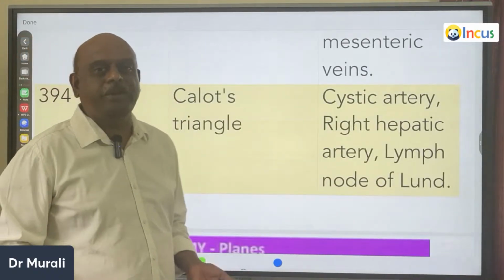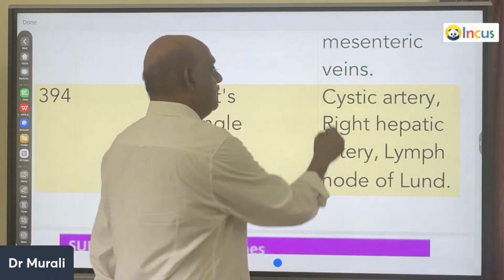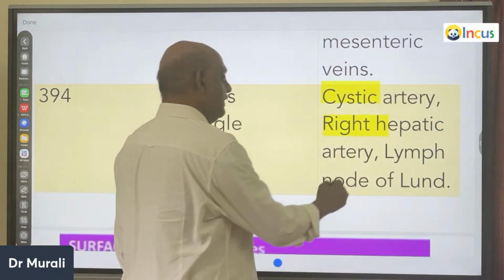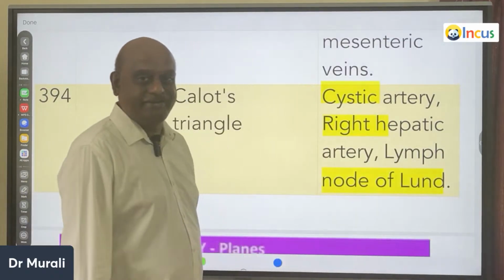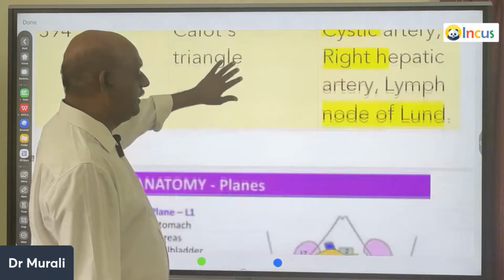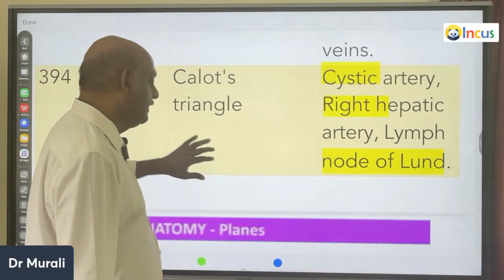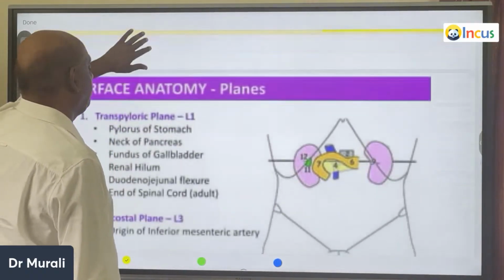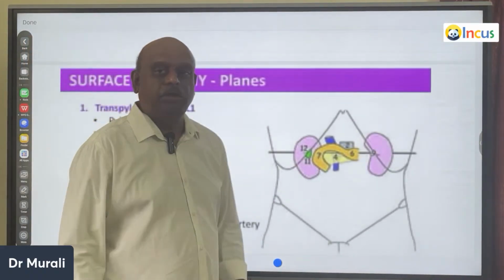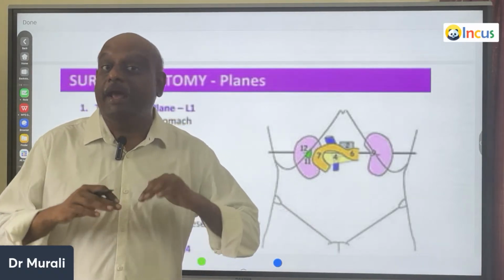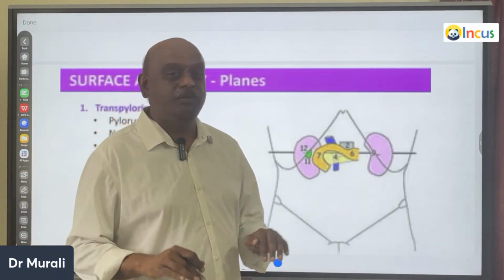So now, doctor, Calot's triangle, once more a repetition. Cystic artery plus right hepatic artery, the lymph node of the lung, they are the parts of the triangle, is what you have to remember. Now, a lot of times in the NEET PG, they ask about the various anatomical landmarks, which you need to be